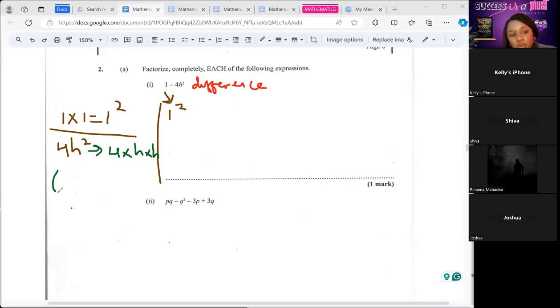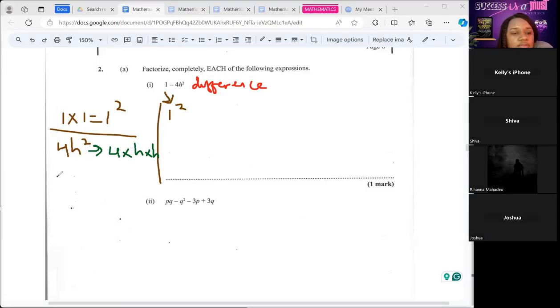If it was fully squared, they would have written it in brackets like this. Anything in brackets with a squared outside means that everything in the brackets has to be squared. But it's not written in brackets, so the square, the power, only applies to the h and not to the 4. So since the 4 is not written in a square form, and everything has to be written in square form before you put the answer, what you do,